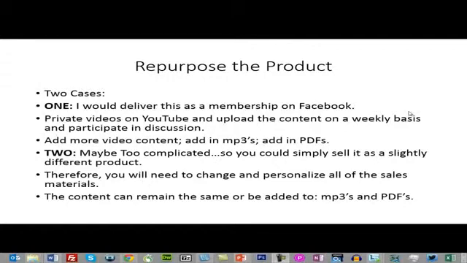But in order to do a membership right, I'm going to need some different subjects on whatever it is that I'm marketing. In this case, we're using Facebook. Okay, so